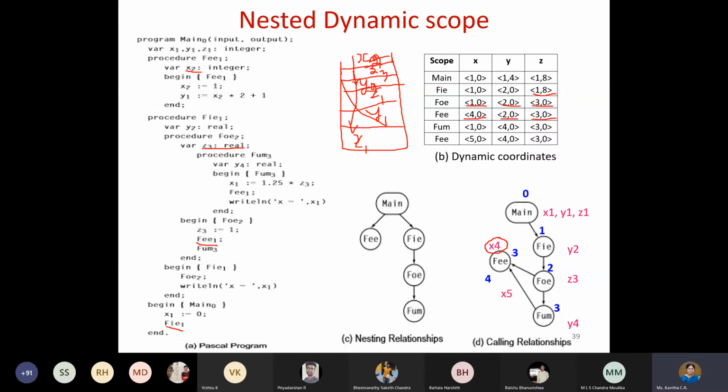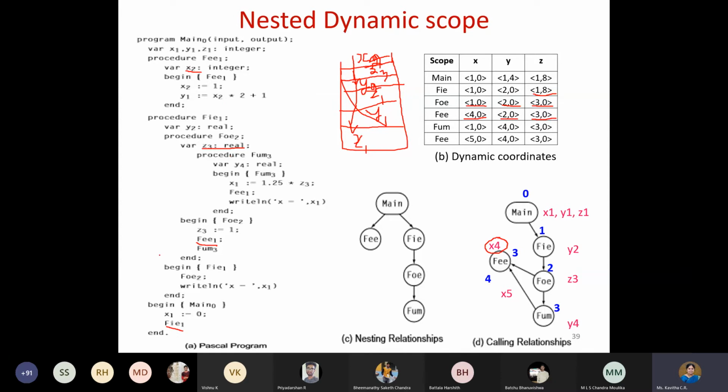Now coming to FUM, this diagram is very important. Without this, if you try to do it, maybe you will not find any difference between the static coordinate and the dynamic coordinate. So the diagram is important, and you should also track the numbers, the subscripts. You can change the subscript accordingly, because this code was created just to have the lexical scope. But I want to find the dynamic coordinates also. That's why we are doing this, right?